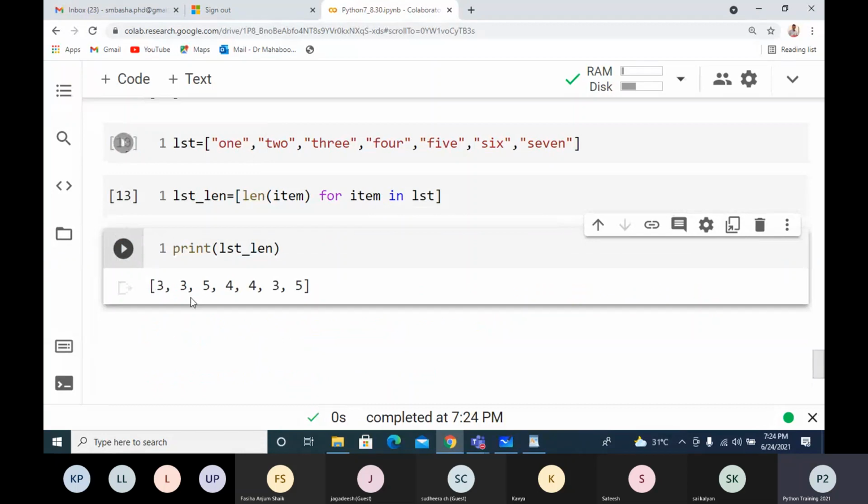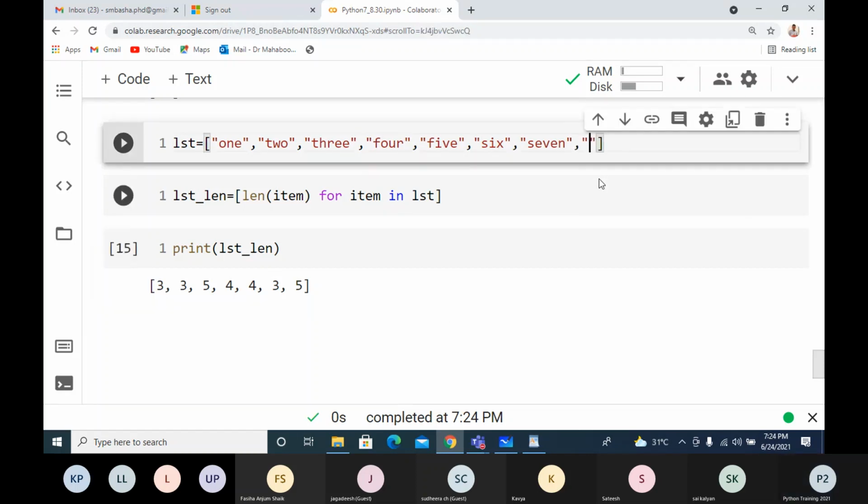So 1 is 3, 2 is 3, 3 is 5, 4 is 4, 5 is 4. So the lengths I'm getting. Now I want lengths. I'll take one more here. Take 11, 12.